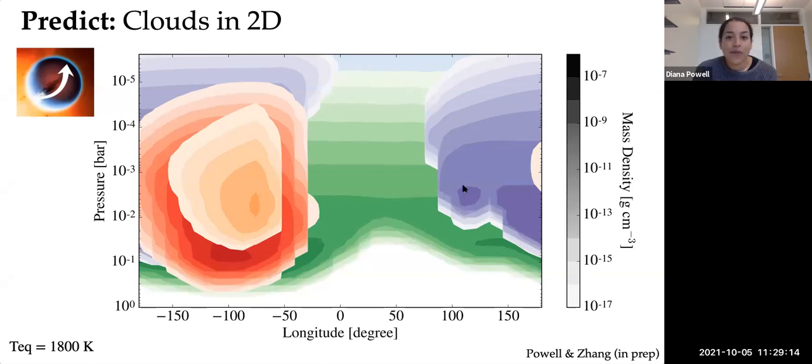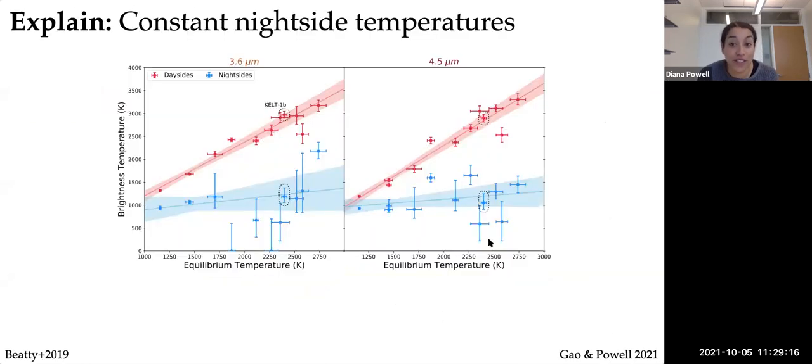And these models will become increasingly more useful with the launch of JWST, which will allow us to uncover atmospheric trends across populations of planets. And so an example of one such trend that has already been observed in hot Jupiters is shown here. So as their planetary equilibrium temperatures increase, the day-side temperatures also increase linearly. However, the night-side temperatures for this diverse range of hot Jupiters remains roughly constant, even as their day-sides heat up